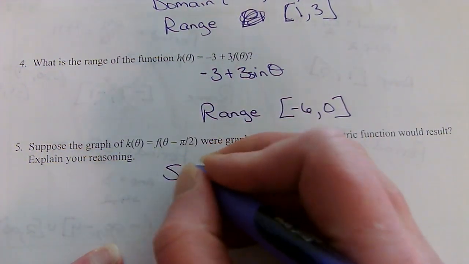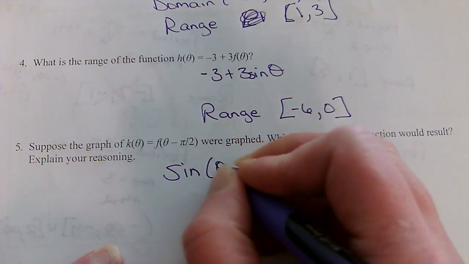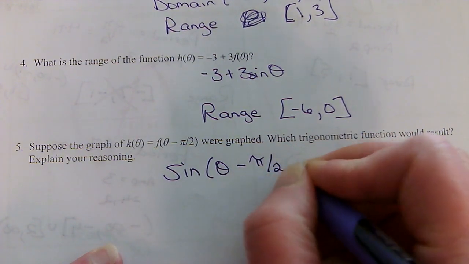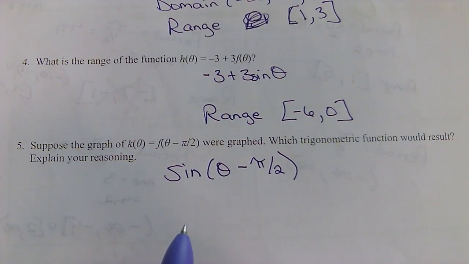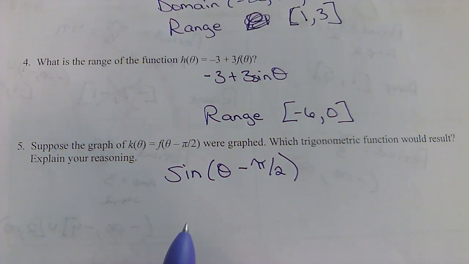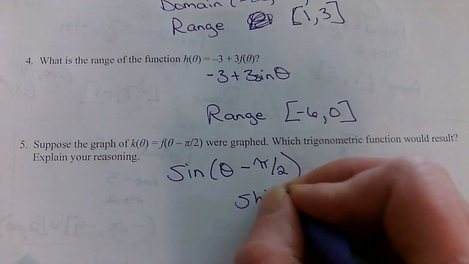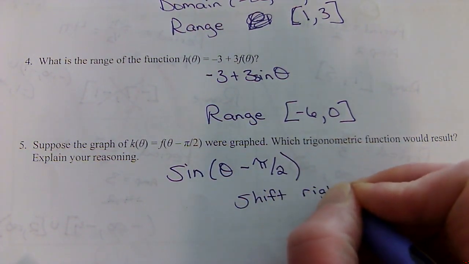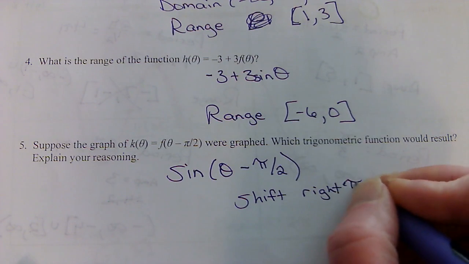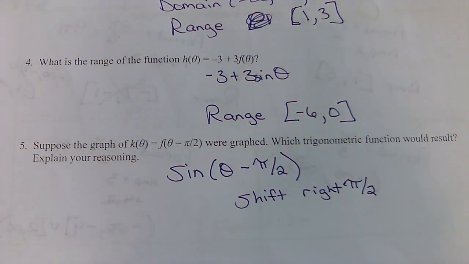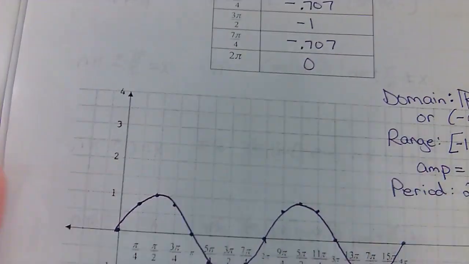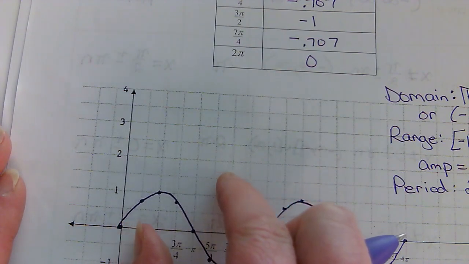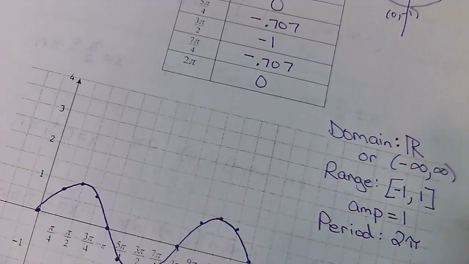Suppose we had, so that's still f, sine of theta minus pi over 2. Okay, so which trig function would result? So what happens then? So that's a shift right pi over 2. What would that give me? So here, I'm going to borrow my notes from last time. If I took this whole graph and moved it right pi over 2,